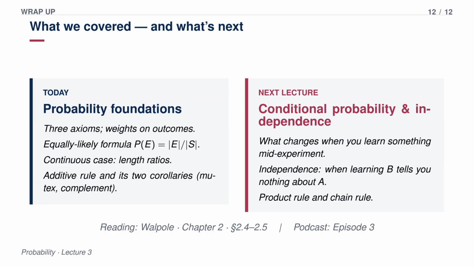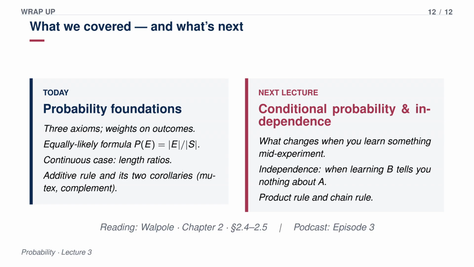So let's summarize the ground we have covered today. We started with the 2 foundational axioms: probabilities sum to 1 and disjoint events add. Right. We looked at how to assign weights to discrete outcomes, and we used the equally likely formula, favorable over total, to connect probability straight back to our counting techniques. Yes, and from there, we extended that favorable over total logic to continuous sample spaces using area ratios. And then we mapped out the additive rule for overlapping events, which logically leads right into our 2 corollaries. Yeah. Mutually exclusive events, where the overlap simply vanishes, and the complement rule, which gives us that massive shortcut for at least one problems. That establishes the rules of the game pretty well.